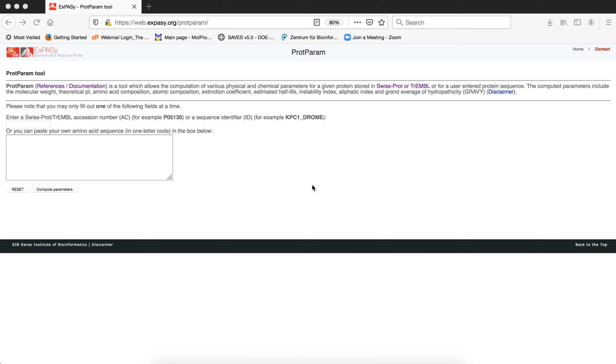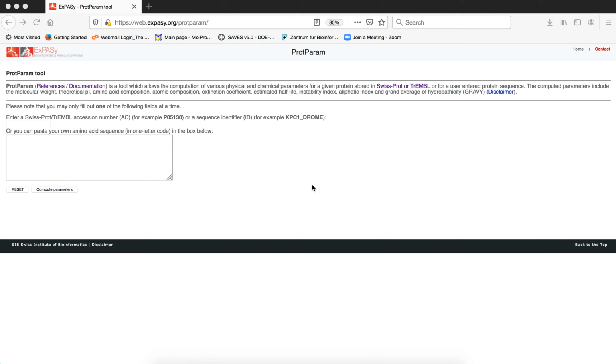Next comes the instability index. The instability index provides an estimate of the stability of the protein in a test tube. Statistical analysis of 12 unstable and 32 stable proteins has revealed that there are certain dipeptides, the occurrence of which is significantly different in the unstable proteins compared with those in the stable ones. The authors of this method have assigned a weight value of instability to each of the 400 different dipeptides, and using these weight values, ProtParam computes the instability index from a supplied protein sequence.